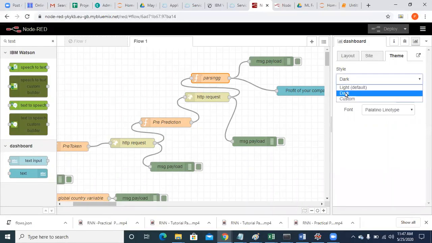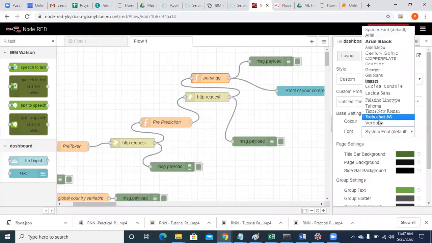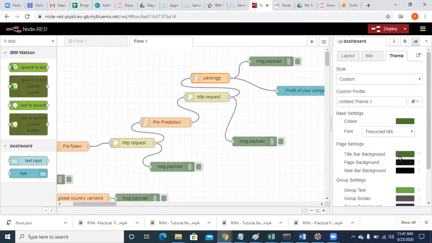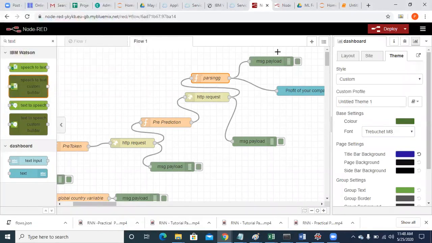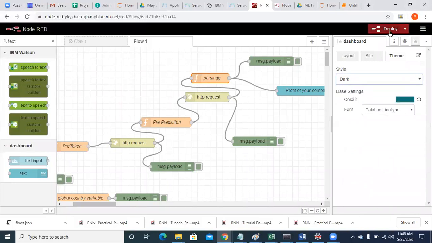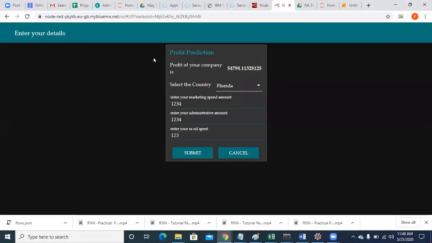You can change your theme over there. You can select any font. You can just change your colors. Anything can be done. Just click on OK. You can check anything, or you can also put it as dark, deploy it. The changes will be shown over here.